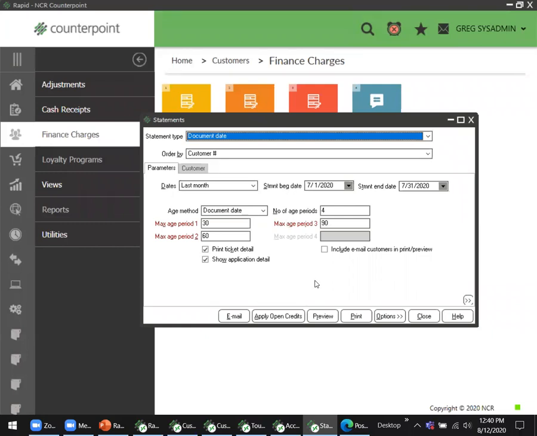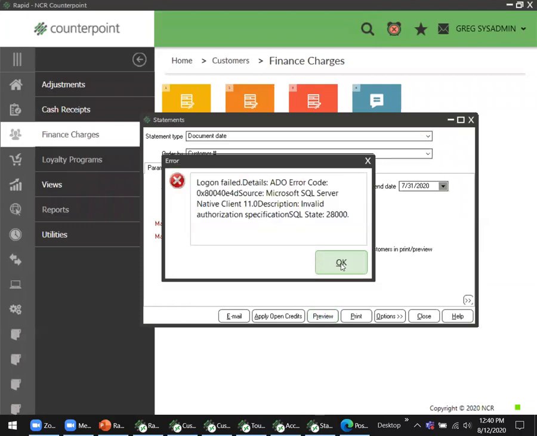The checkbox on the right is to include email customers in print preview. Generally, for your email customers, you're not going to want to email the statement and print it. You're going to want to do one or the other. So typically you want to leave that box unchecked, and you would preview. Let's do that. A preview will show us